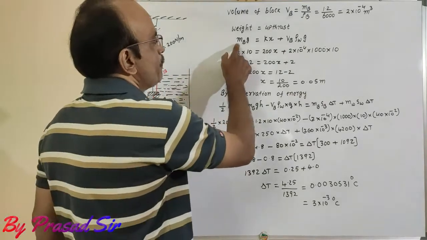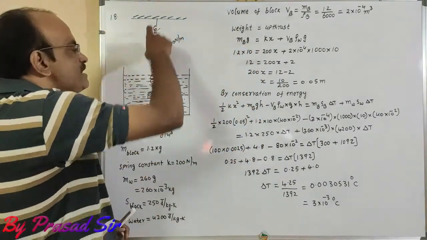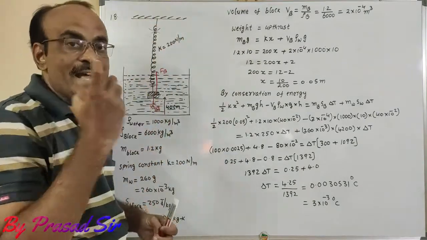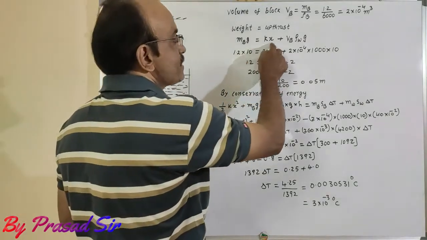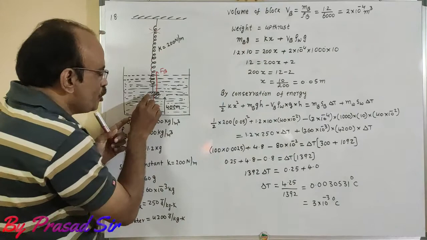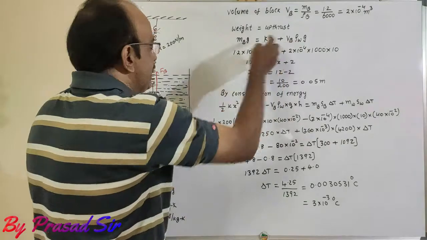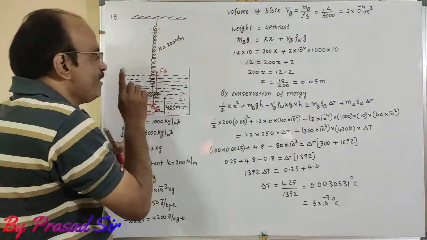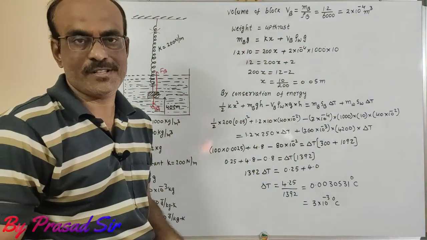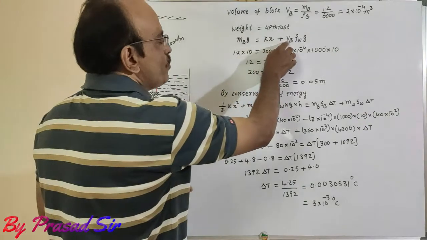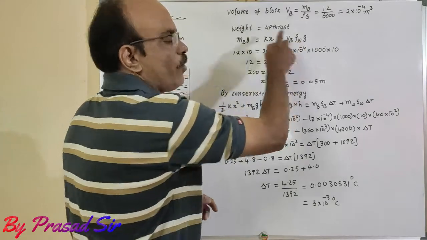Now in this case, observe: mass of the block times g is equal to, whenever the upthrust acts on the body, the spring extends first. That spring extends with a particular force, F equals kx, that is kx, plus the upthrust. So the volume of the block which is present inside the water, and the density of the water acting on the block, gives mass equal to volume times density. So that is volume of block times density of water times g.